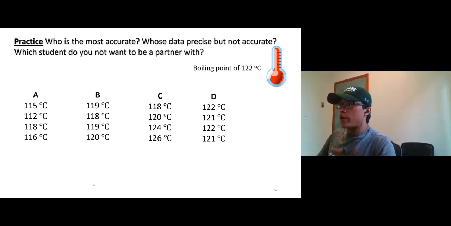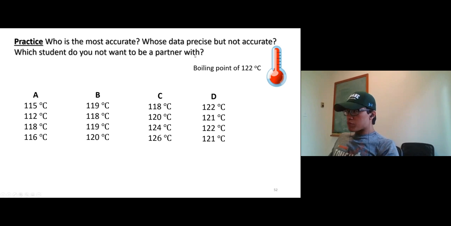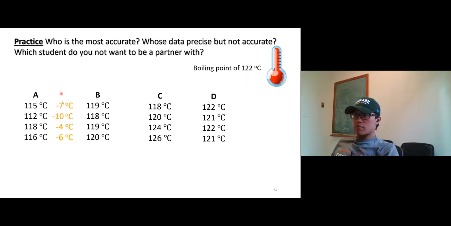Okay, who's the most accurate? Again, start with the accuracy. We compare all these values to the true value. So we have 4 students measuring the temperature of something. Who's the most accurate? The true value is 122 degrees Celsius. Start with A. Take all these minus the true value. You should get this. Looks like student A is a little bit off to the left side,